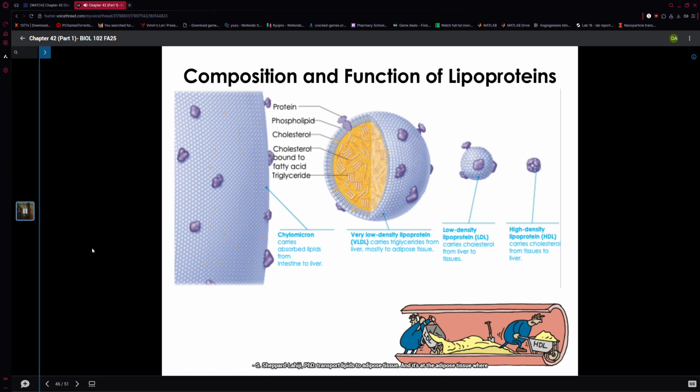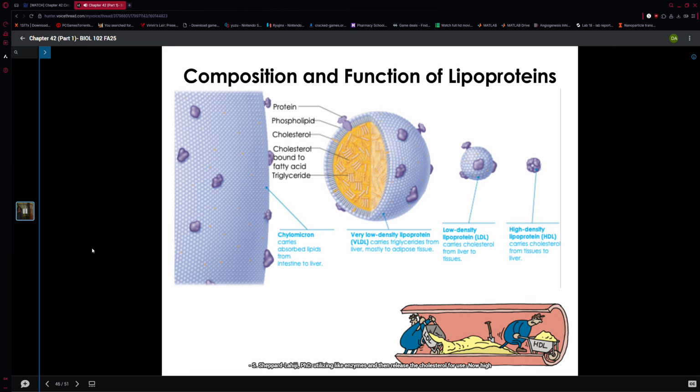And it's at the adipose tissue where they are stored. And when these are removed from adipose tissue, they become LDLs. And LDLs are going to carry cholesterol from liver to tissues, so to places that need cholesterol, whether that's for membrane structure or for steroid hormone synthesis. Those are two of the common reasons why a cell would require cholesterol. And they'll absorb that LDL through receptor-mediated endocytosis and then digest that LDL utilizing lysosomal enzymes and then release the